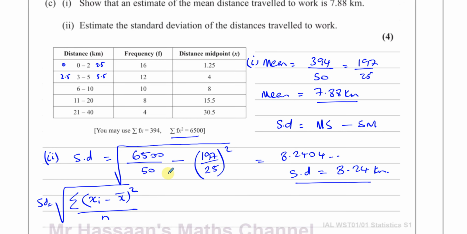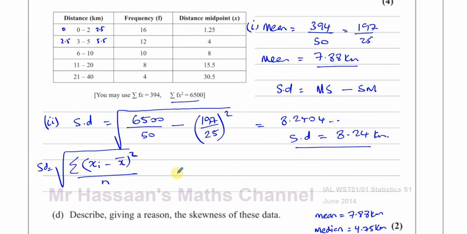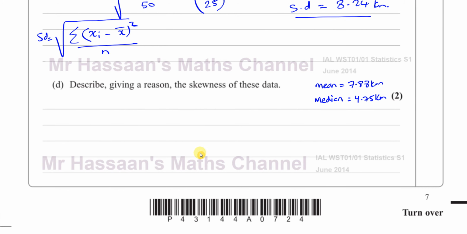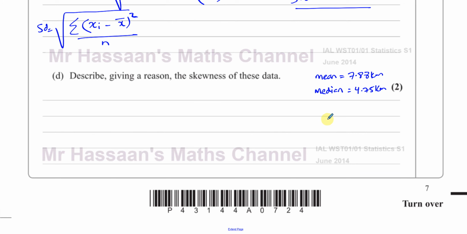Now that's going to help us when we're answering part E to understand that's what the standard deviation is. So we'll come back to that in a little while. Now part D says describe, giving a reason, the skewness of these data. Now the information we have about this data is the mean and the median. So if we compare the mean and the median, now if you were to draw a distribution of this,